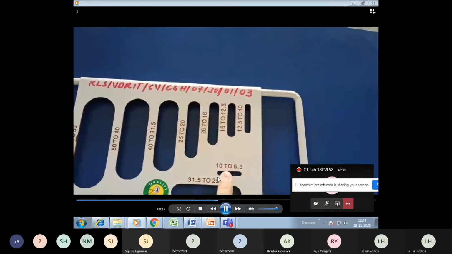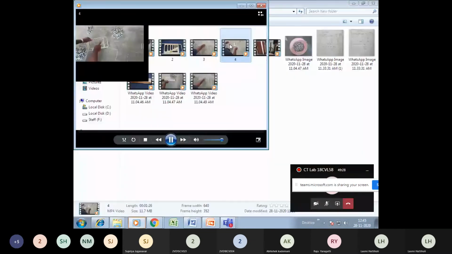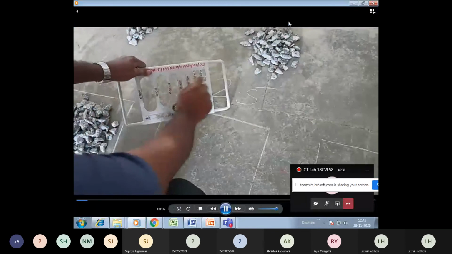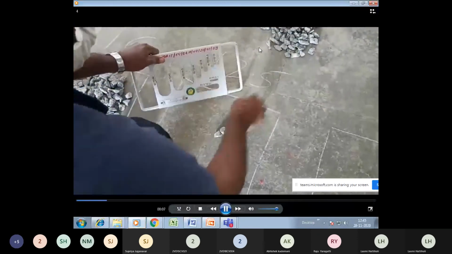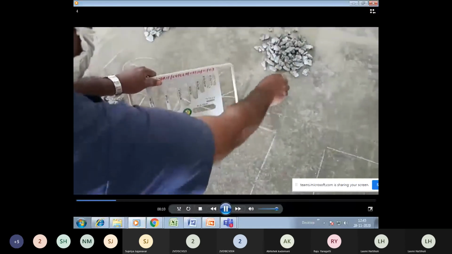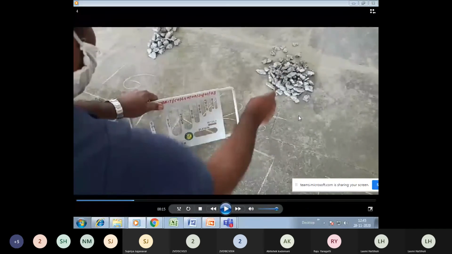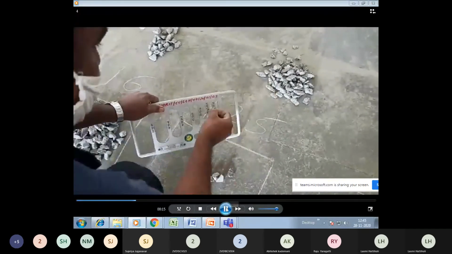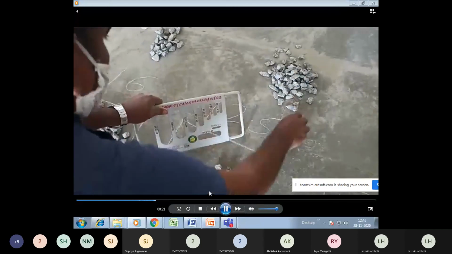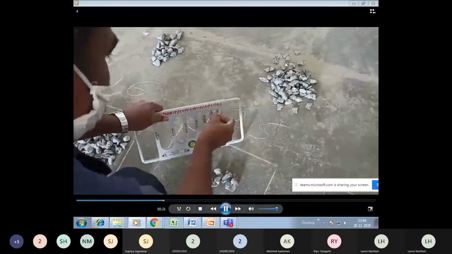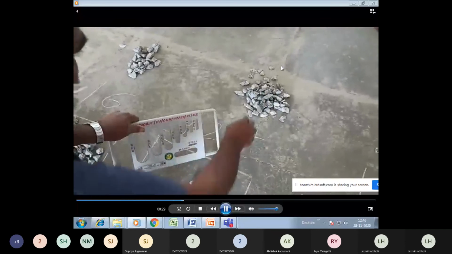Next, see this, just pass it here. Let me show it once again. Now 25 mm. Go on passing all these aggregates. These are not able to pass here. Just do it for all the aggregates. Go on passing them through the slots. The aggregates which are not able to pass through the slot, keep them inside the block. And do the same for all other aggregates.